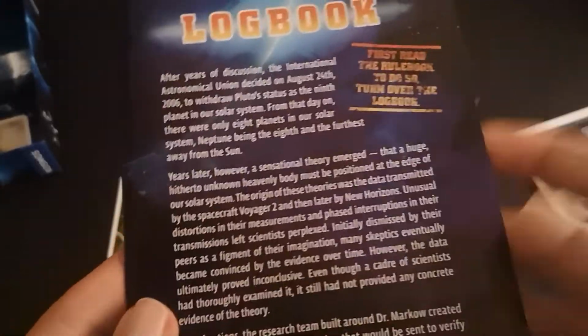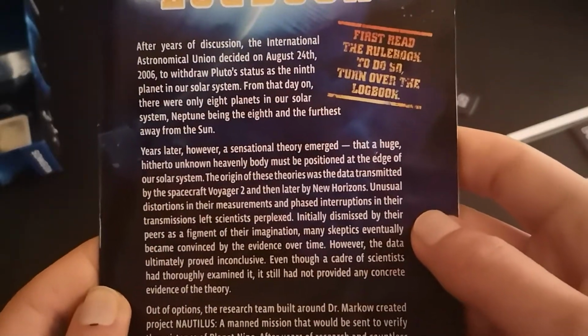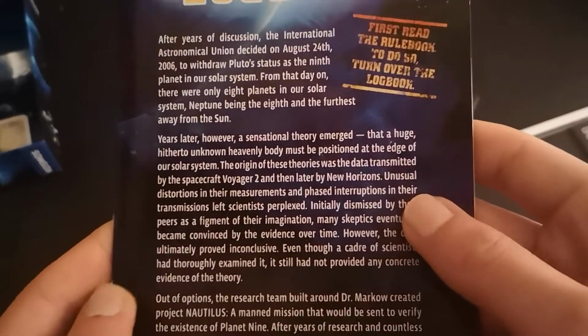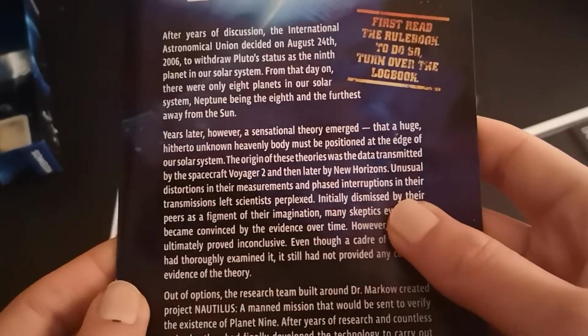The logbook with the missions also has a bit of background information for you. So after years of discussion, the International Astronomical Union decided on August 24th, 2006 to withdraw Pluto's status as the 9th planet in our solar system. From that day on, there were only 8 planets in the solar system, Neptune being the 8th and the furthest